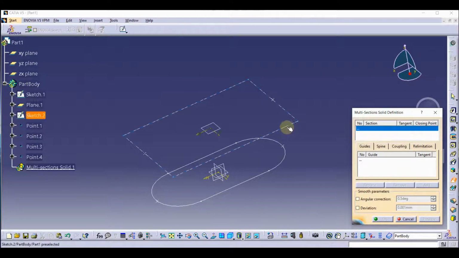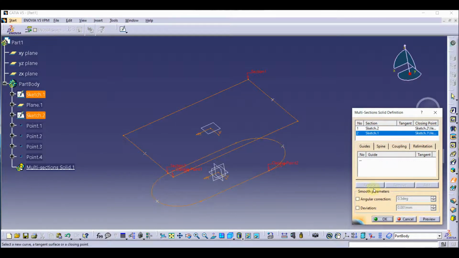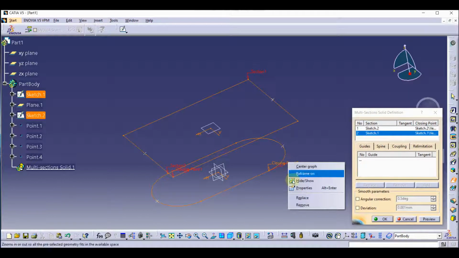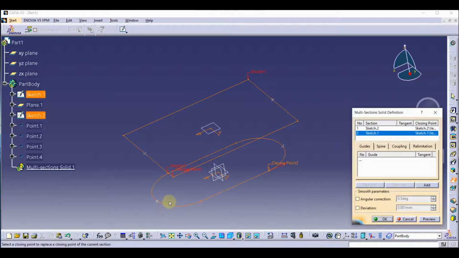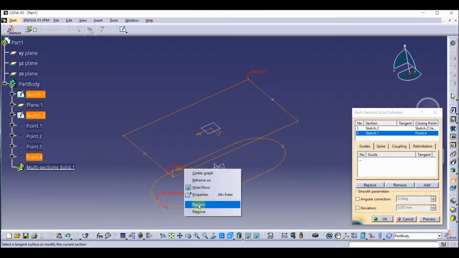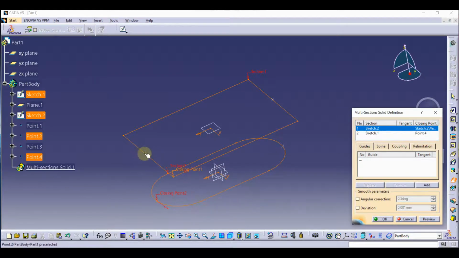First of all we are going to select this curve and the slot and replace the closing point, and now I am going to choose this point. Also I am going to change the closing point, this one.